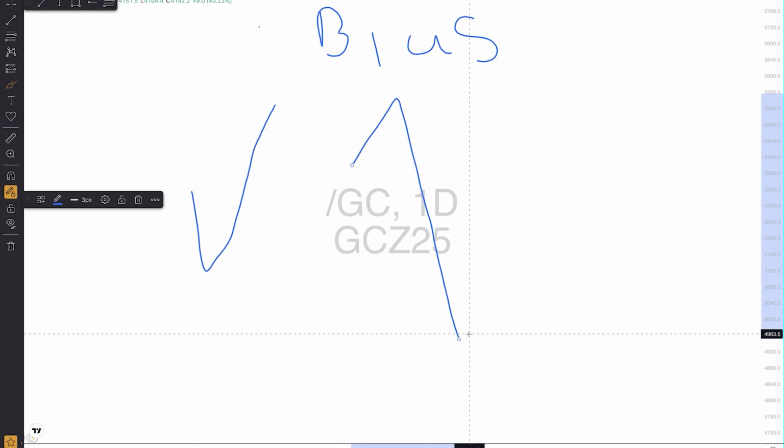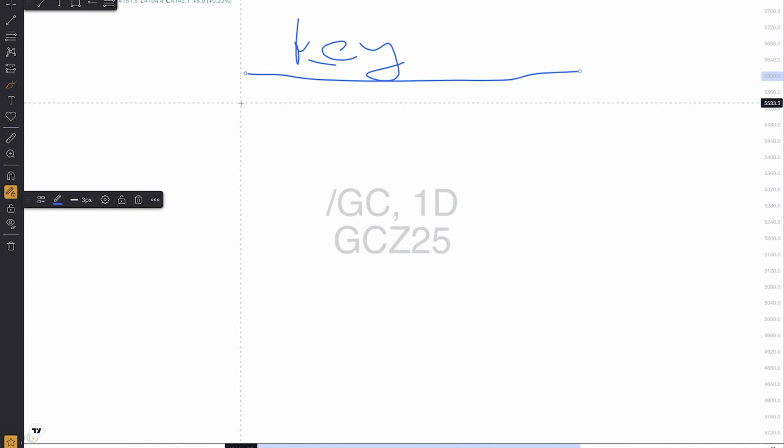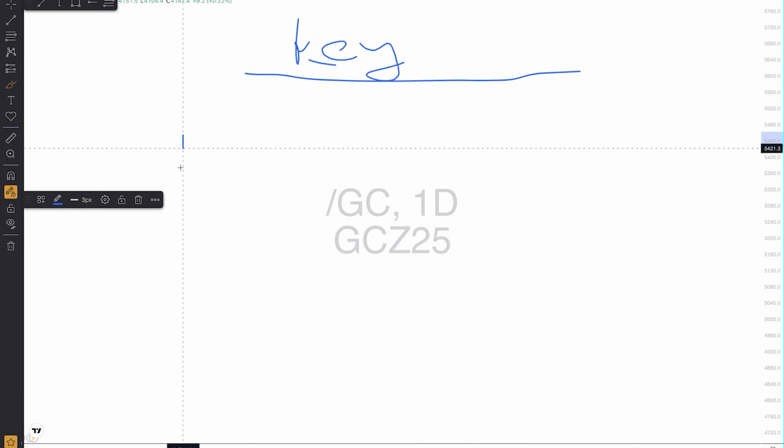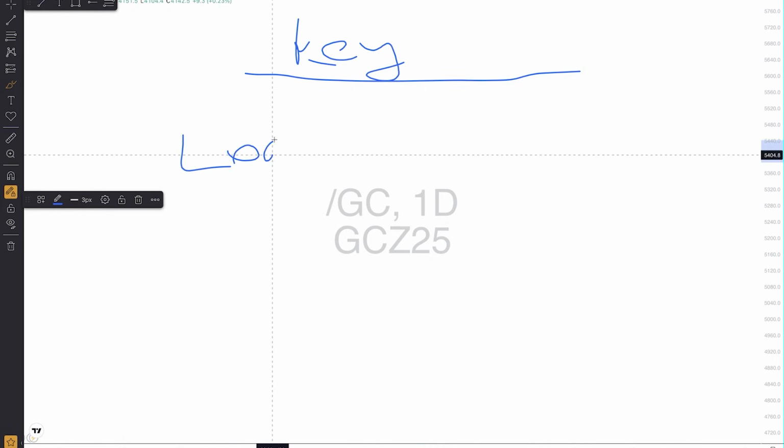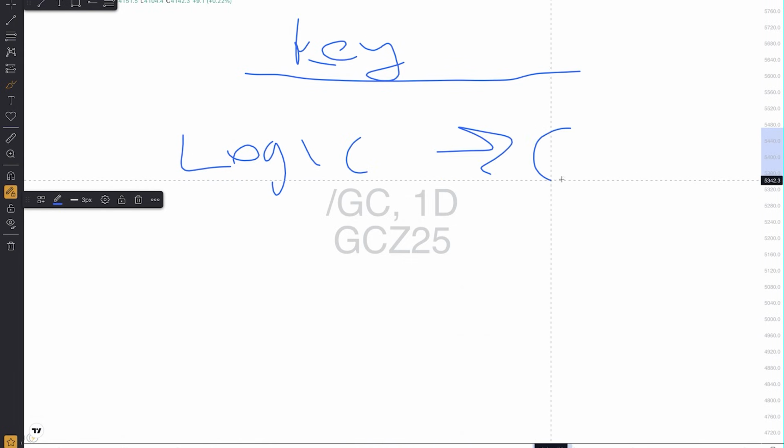How do we determine bias? And what did I mean when I said you probably already know bias, but you just don't know that you know? Okay, this is what I meant. The key to understanding bias, and I feel like it's one of those things that is so overlooked, because whenever I see a lot of people talking about bias, they always try to give you these patterns on how to do it or give you a schematic on how to find it. No, the key to understanding bias is literally understanding the logic of the concepts we're trading.